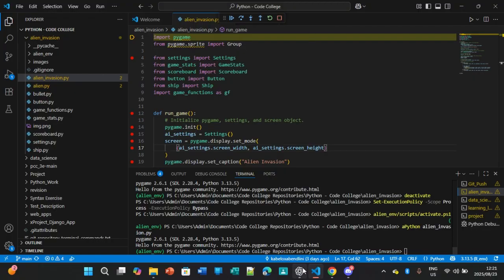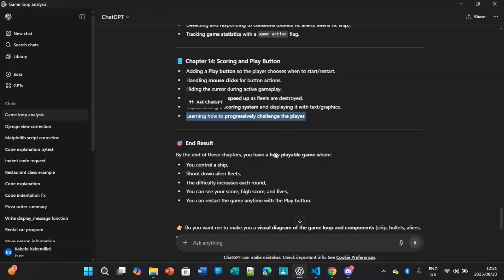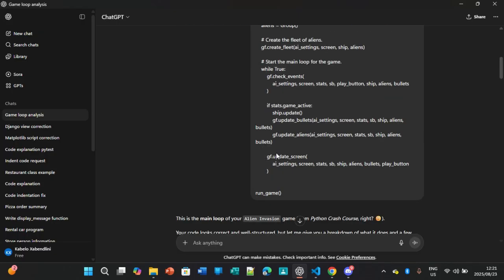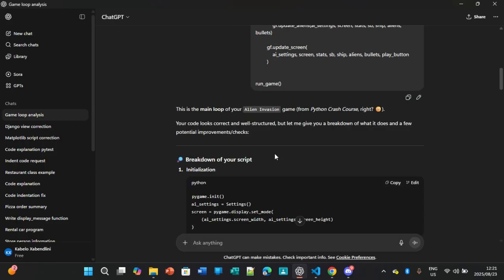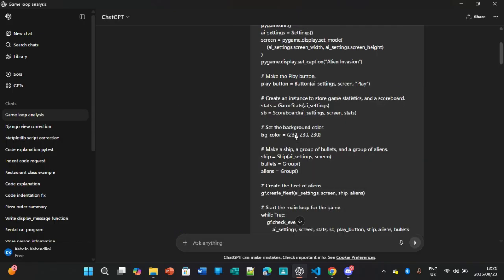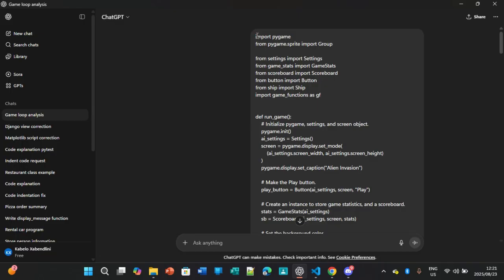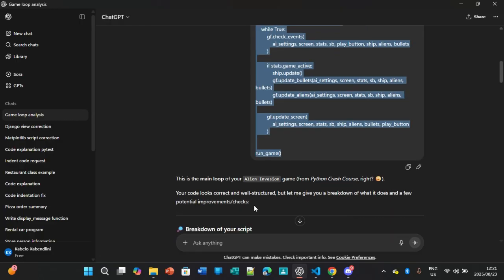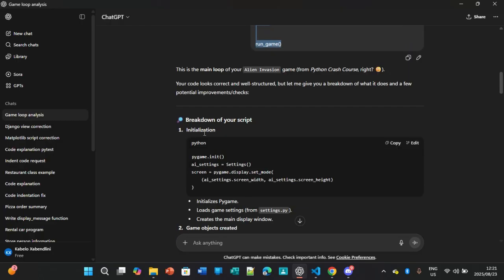Right. So alien_invasion.py. So what we've got here is a system where this is the main loop for my game, which is called Alien Invasion. So the initialization for my game, the initialization that you see here,